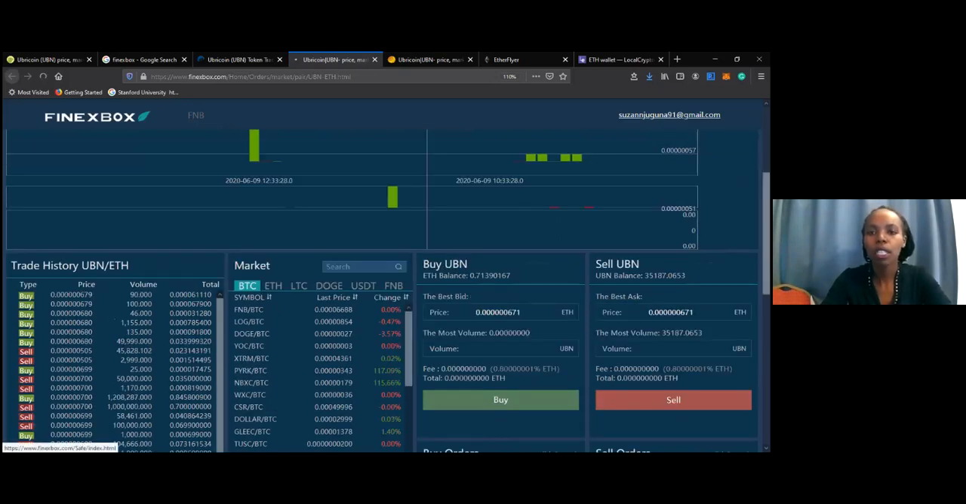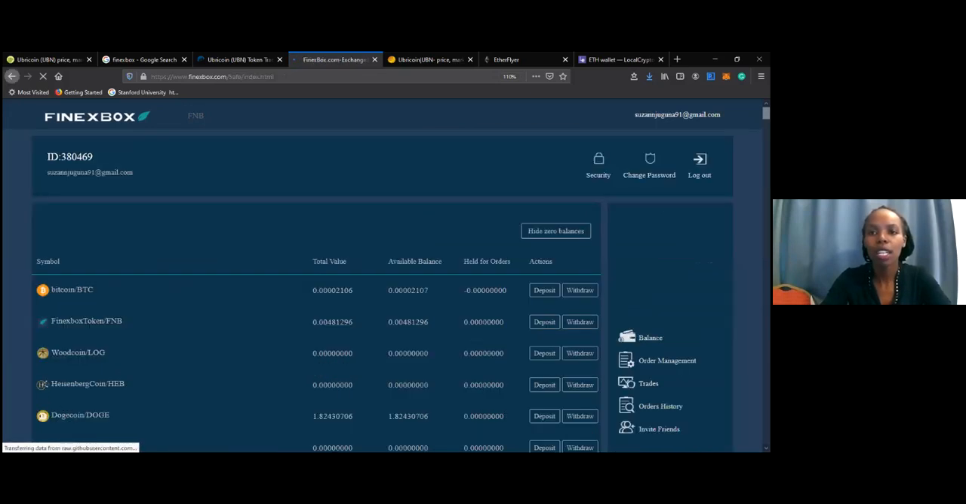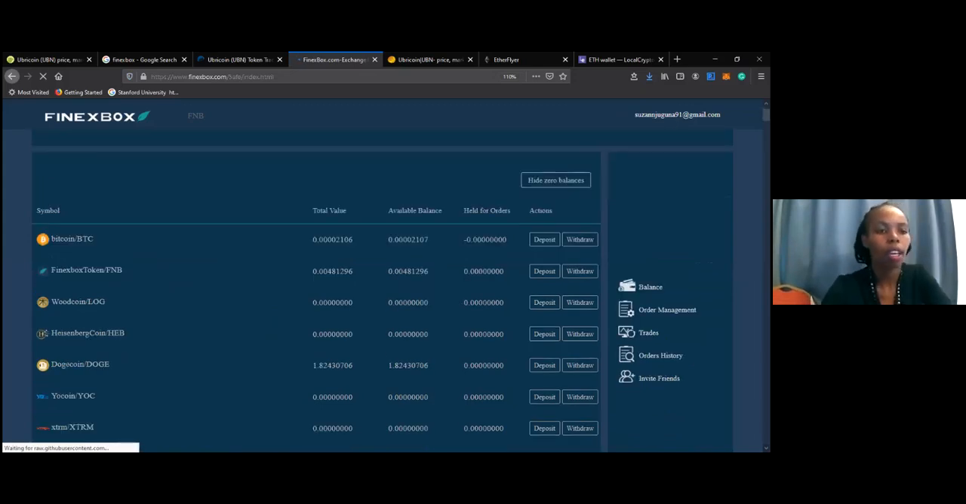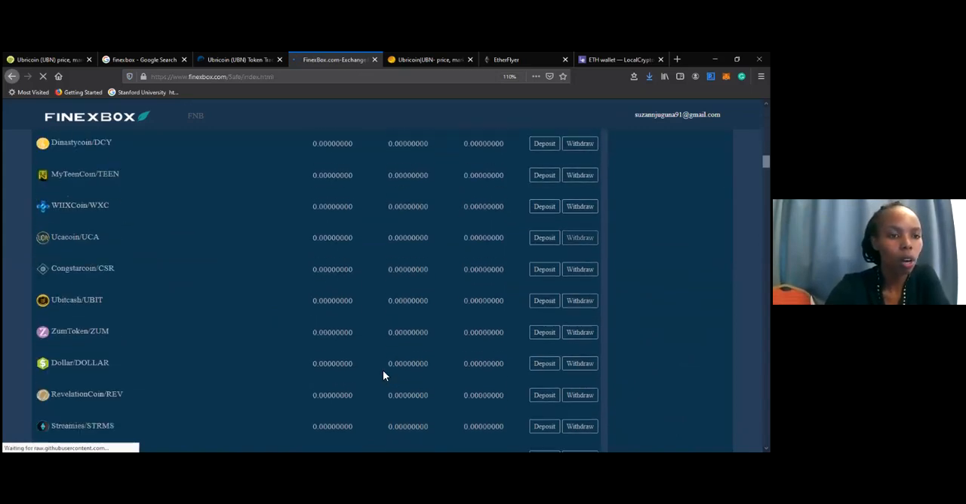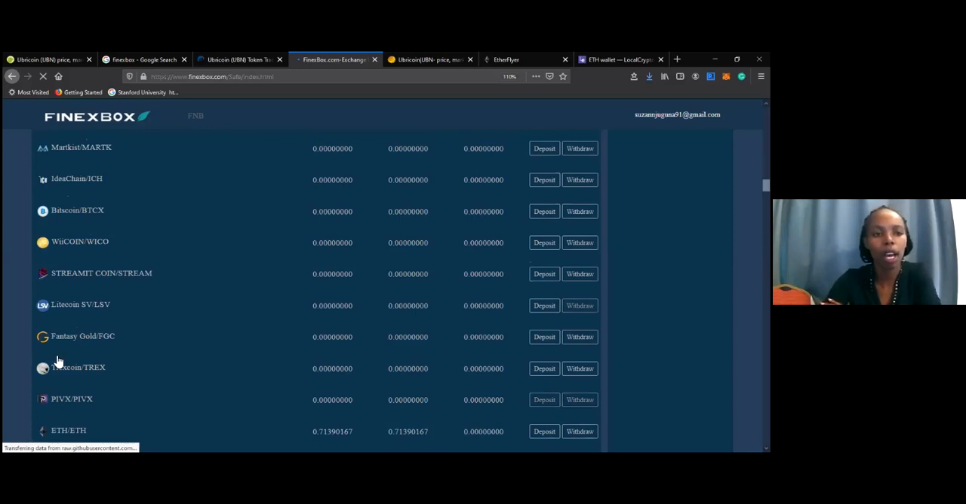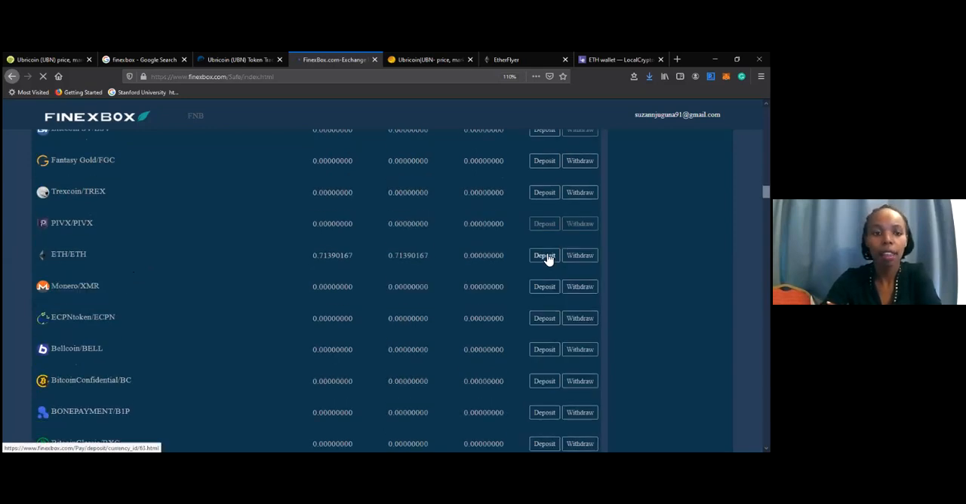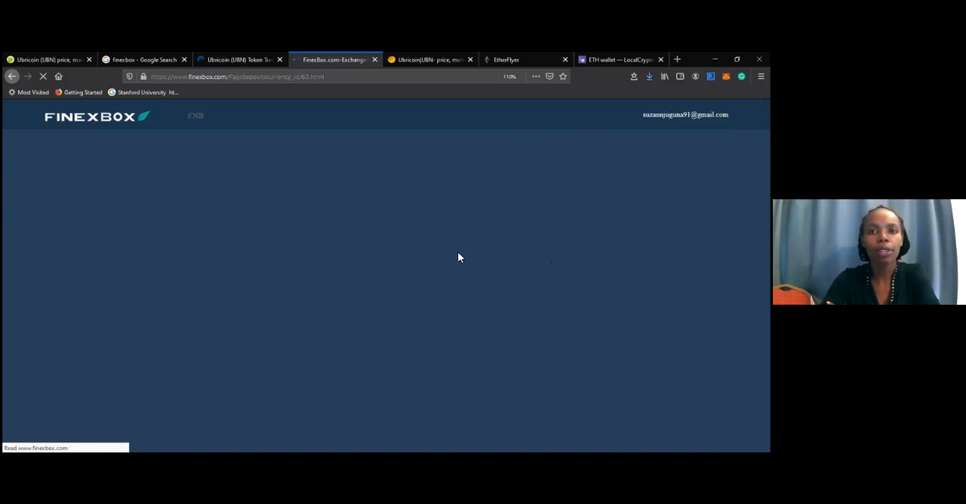So to deposit some ETH in the market to trade, you just click on your address here. When you click on your address, scroll down until you get to where Ethereum is. You just scroll down looking for Ethereum, and here we have Ethereum, and now we want to deposit some ETH. So click on deposit,